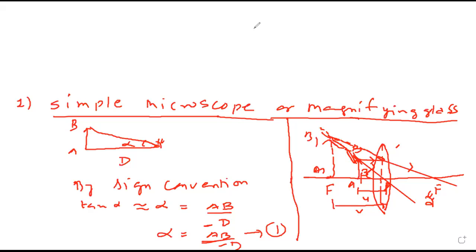Done, sir. So we got alpha. Now we'll see beta from that figure. Can you see beta is opposite side AB upon U? It can also be taken as A1 B1 upon V. Okay. So after drawing ray diagram,